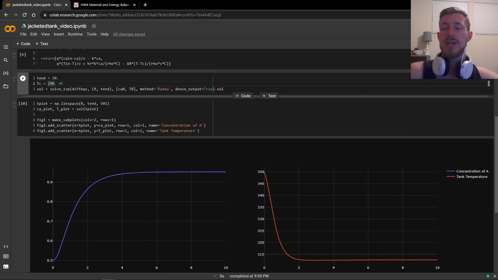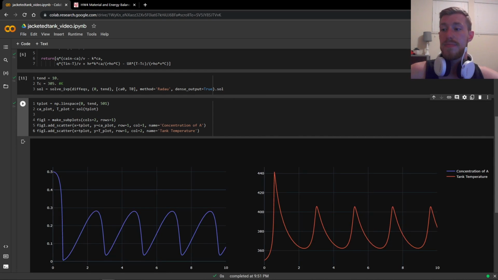Now, just to double check that it's working, and again, to show you the other value, we're going to change the initial value of our coolant. So obviously when our coolant goes from 300 Kelvin to 290 Kelvin, the coolant becomes colder, which means it's able to suck more heat out because there's a larger temperature differential between in the tank and outside the tank, which means it's more efficient at cooling, which helps stabilize the reaction. But if we turn it up from 300 to 305, rerun the solution, replot it, now we